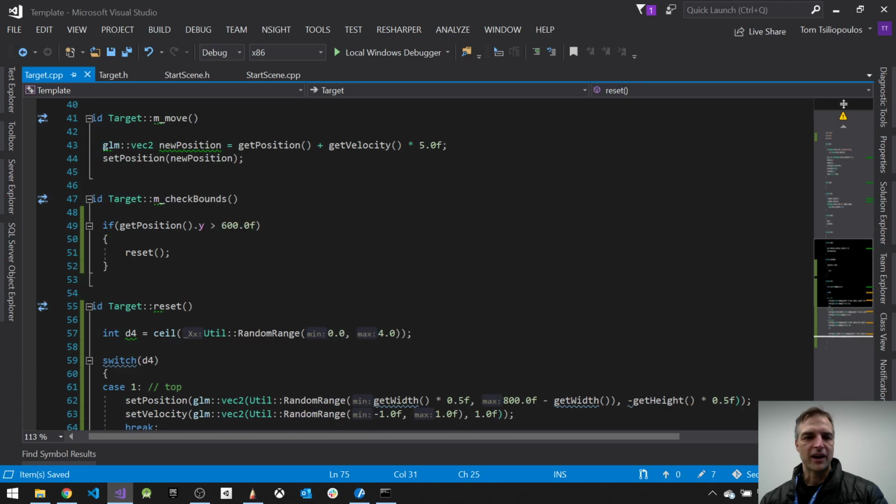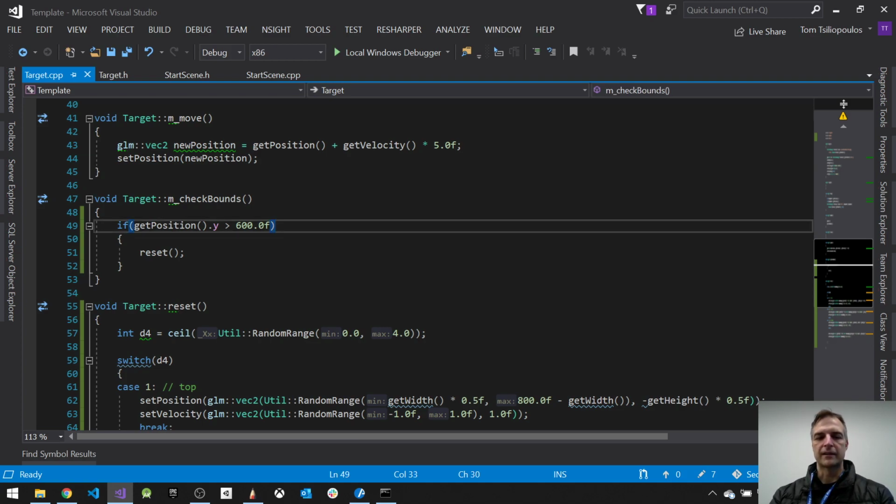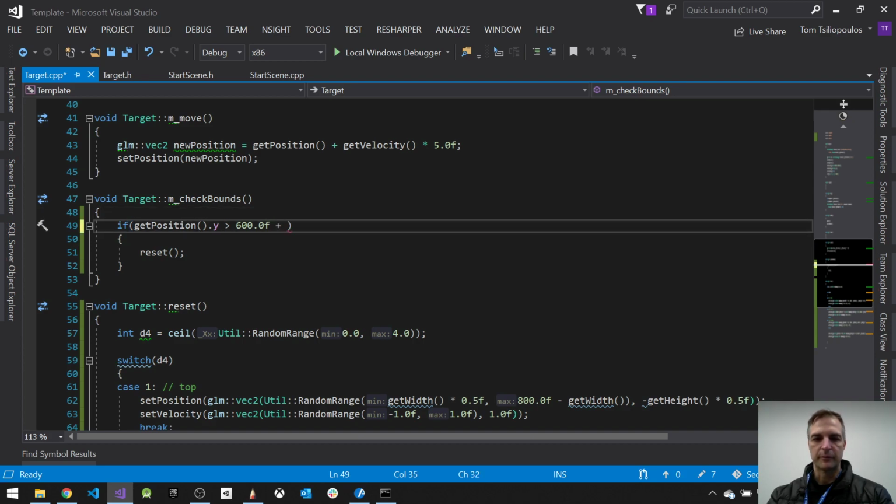All right, then what? Yeah, sure. So then that's cool, but this check is not good enough anymore, right? The check bounds. We can't just check for the bottom case. We have to check for the top case and the right case and the left case. So let's say, well, if the position y is greater than 600, right? And it's not just 600, but 600 plus half the height. 600 plus get height times 0.5f. So it's this. This is the first case. So it's greater than the height of the screen. Or, second case, if it's greater than to the right of the screen, which is,